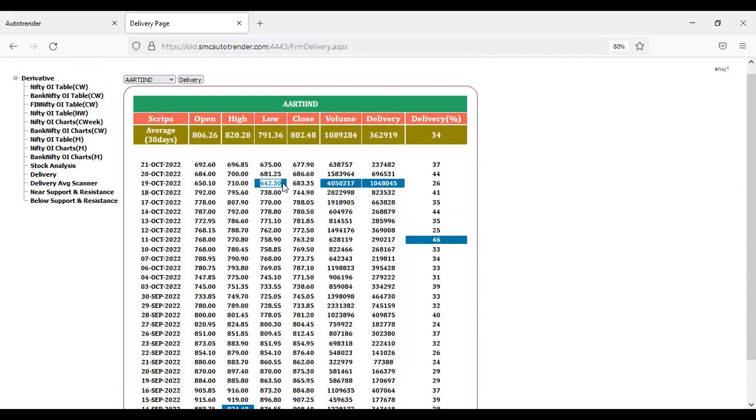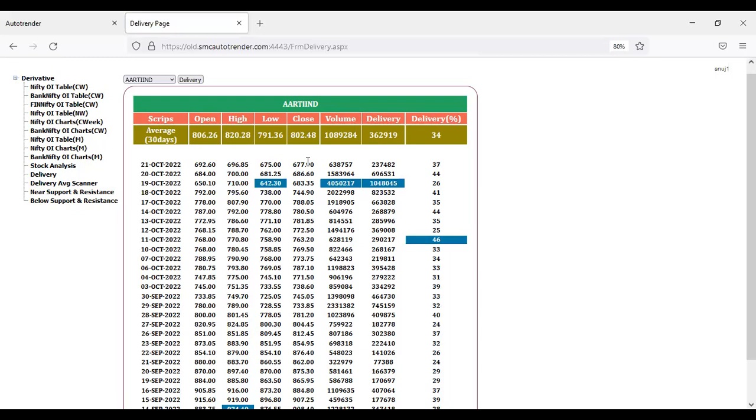High of the day is important because once it crosses 710 on a subsequent day, then we have to take the position. And why is 642 important? Because it will act as a stop loss. So right now what you need to do is take Aarti into your watch list, and once it crosses 710 on any subsequent day, it may be 24th, it may be 25th, it may be 30th, it may be November. As soon as it crosses 710 and closes above 710,